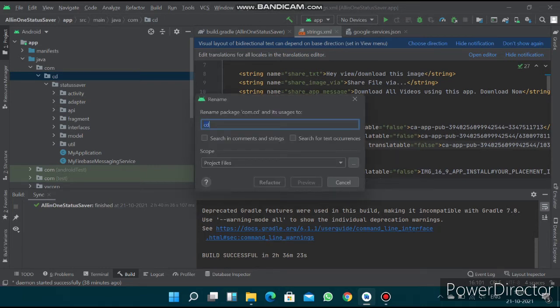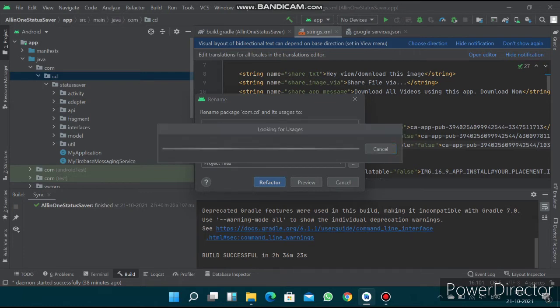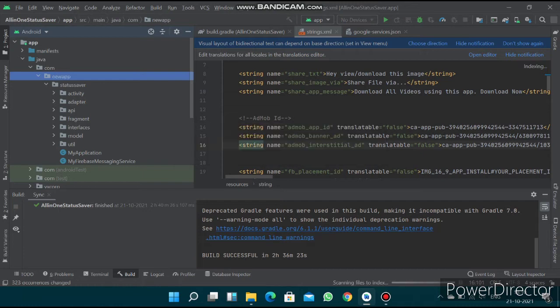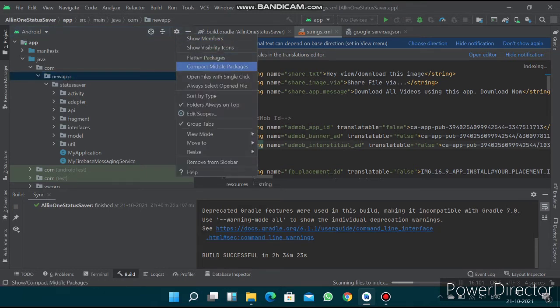and here you can give whatever name you like to the package name. So I'll write new app, click on refactor, and it will start to change the package name. And as you can see here, the package name is changed. So next step is you want to click on compact middle package,